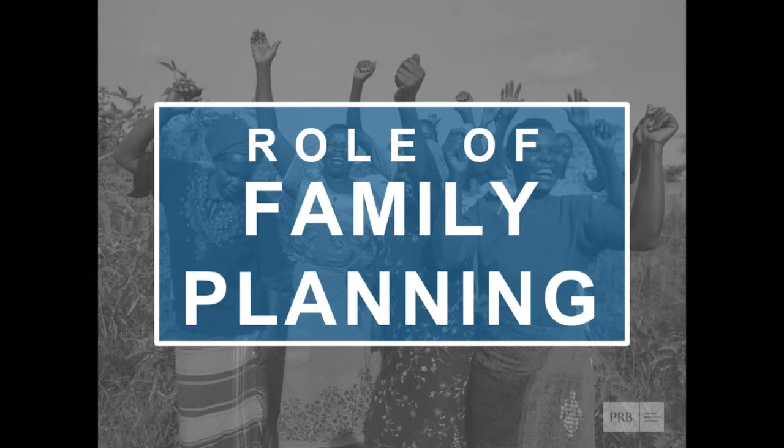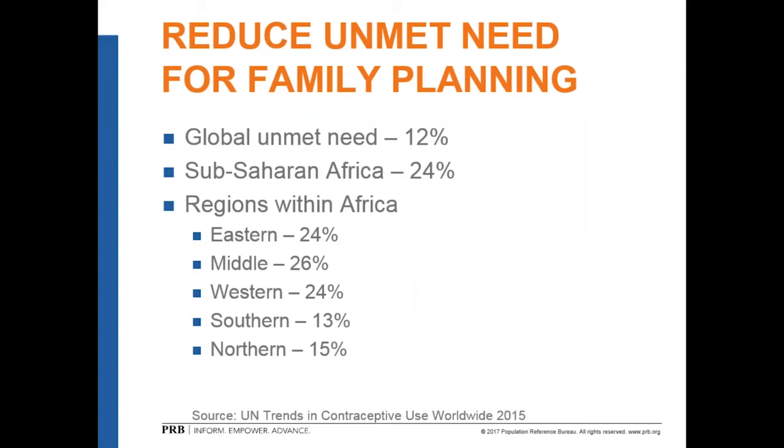So lowering fertility in order to change the age structure is the first step, but again, it's insufficient by itself to accelerate economic growth. This opportunity for accelerated economic growth, or the economic bonus, begins with and hinges on a smaller dependent population relative to working age population. And one of the key ways that we can accomplish this is to provide couples with